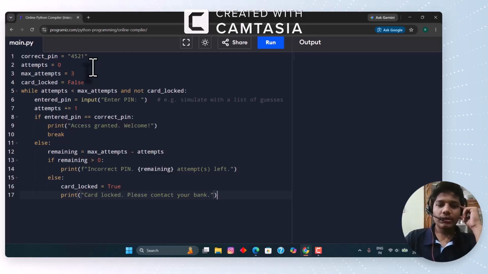And not card locked. And not card locked means what is the card locked? Card locked he has taken as false. So and not false. Not false means true. Okay. So yeah,